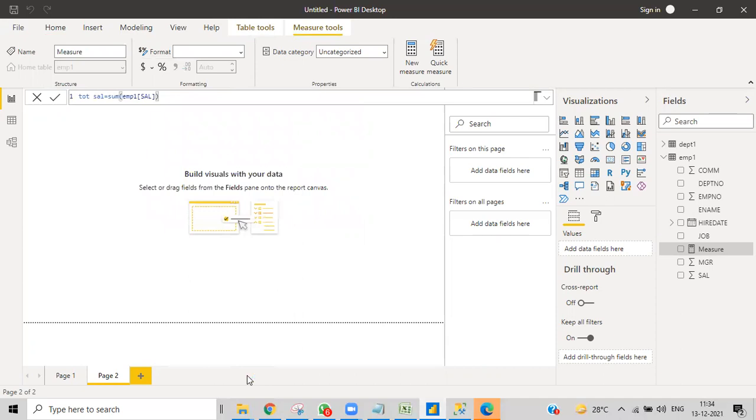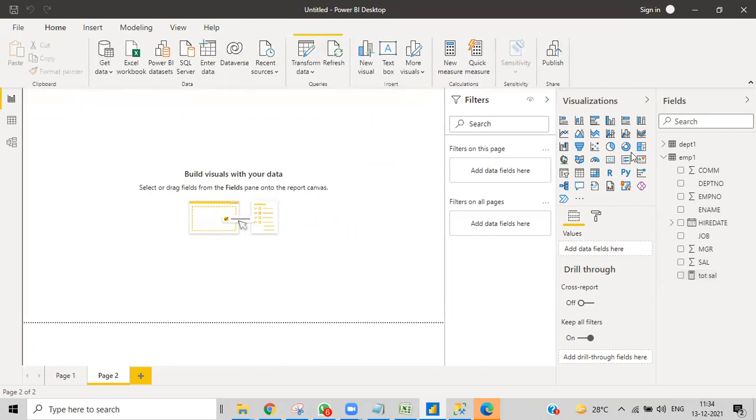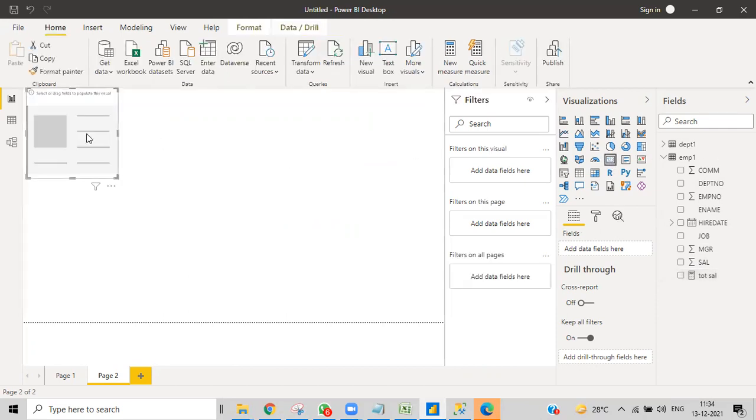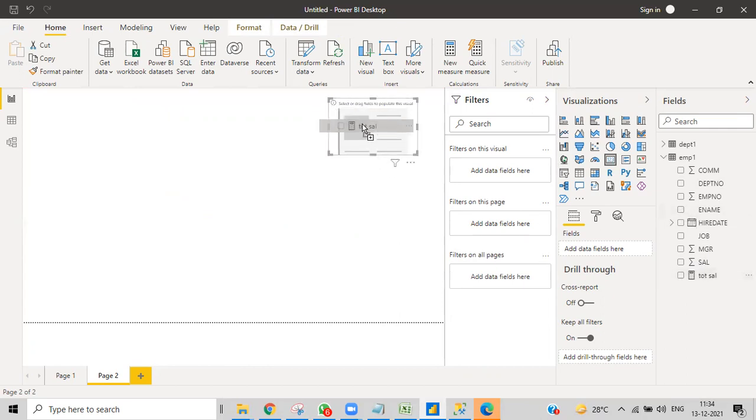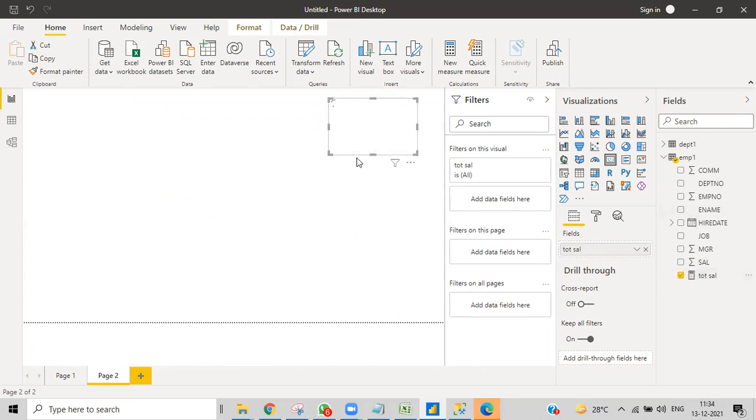For other examples we'll take another table that will be more useful to understand the details, because here we don't have enough data to show you. But in this instance, I'll take a card and show the total sales here. Formatting options differ from visual to visual.